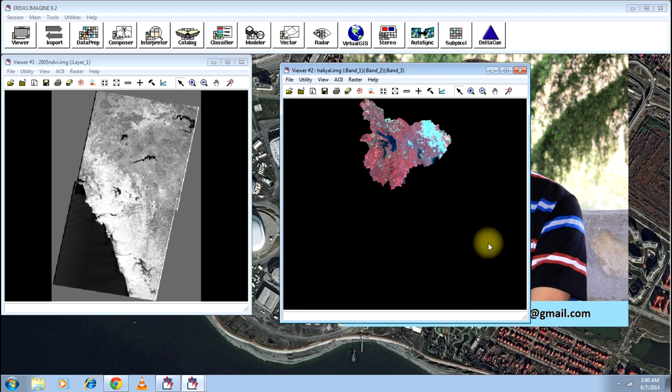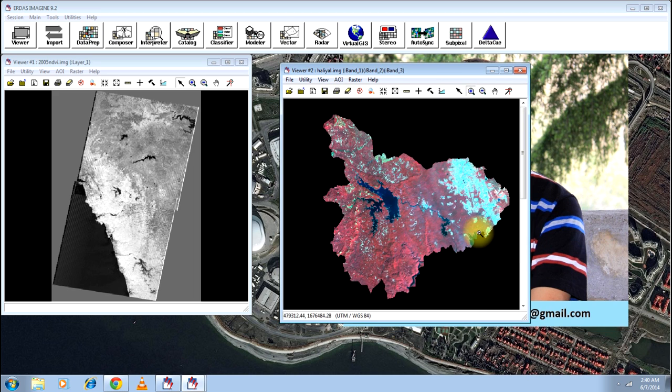I am fitting the image to the window and just zooming in. The color image you are seeing is a part of the larger image lying somewhere down here. Both are in UTM WGS 84 projection.